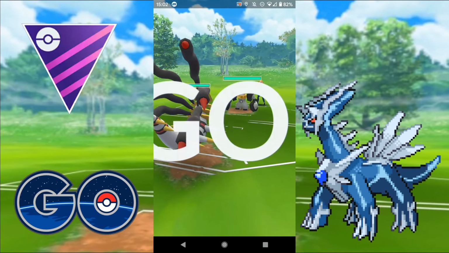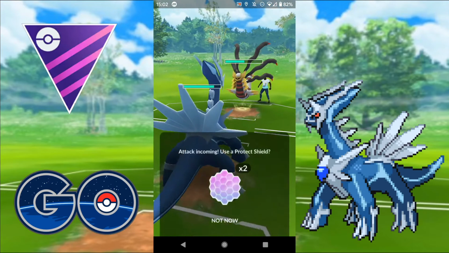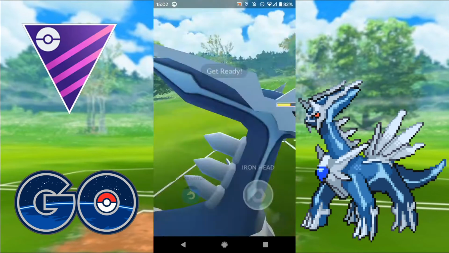So next one, Metagross on the lead, so instantly swapped into Giratina to mirror, and then I swapped into Dialga to mirror that. So not going to shield this up. It is the Shadow Ball. I can tank one, which is fine. I will now throw my